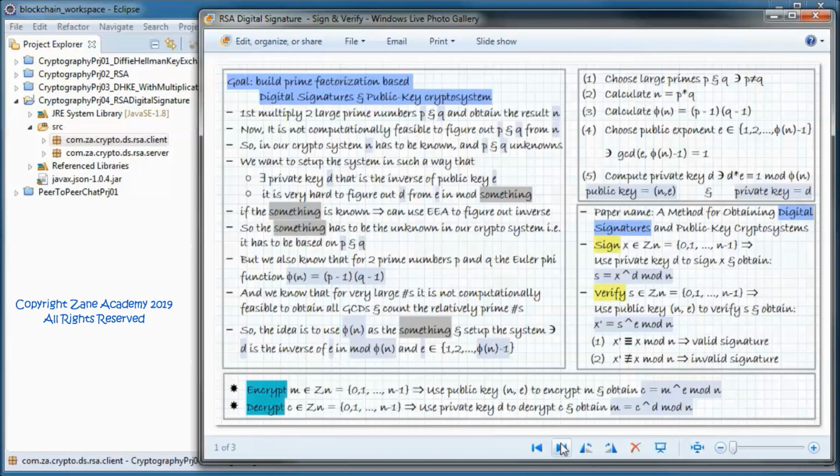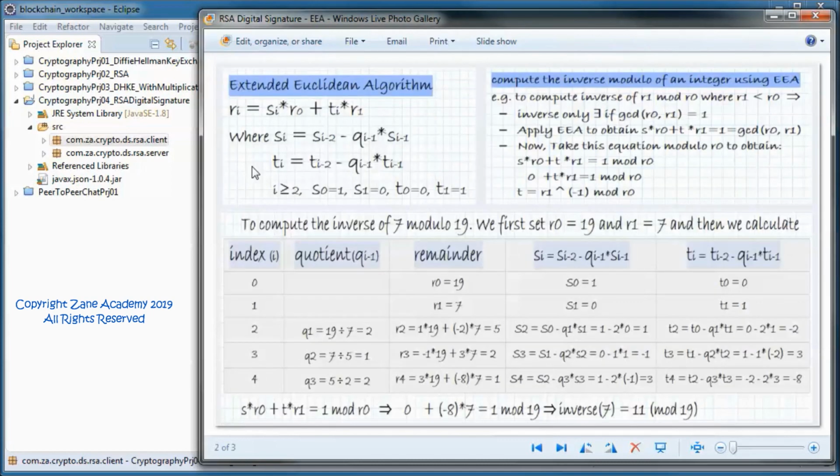And this was the extended Euclidean algorithm, and it is used to compute the inverse modulo of an integer. So for example, to compute the inverse of 7 in mod 19, we end up with 11 as the inverse.